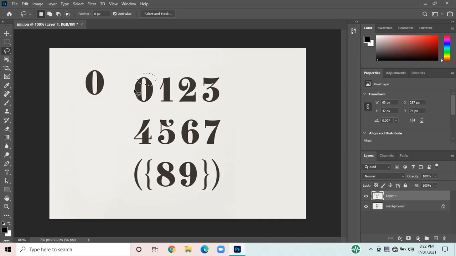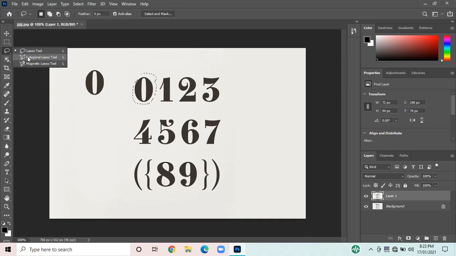Now let's say I want the whole 0, but by mistake I have only selected this part. So there is a solution. By pressing the Shift key, as you can see, the symbol appears with the plus symbol, meaning I want to include that particular region. While pressing the Shift key, you go with the selection again that you want to include in your previous selection, and release it. So you can see the whole 0 is selected. So this is the use of the lasso tool. Hope you have understood.